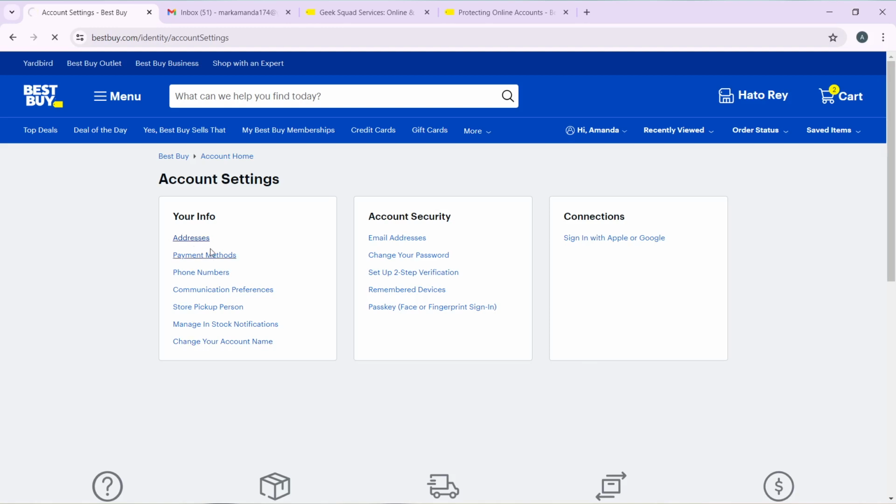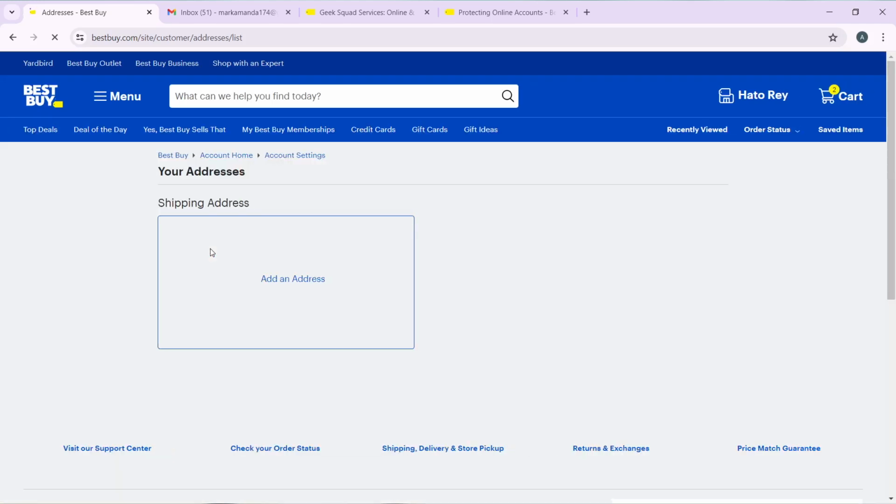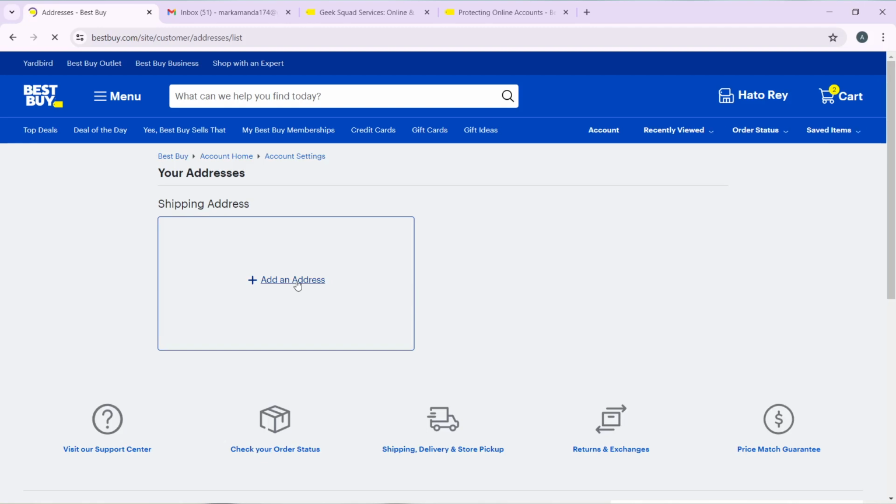Once you click on addresses, it's going to take you to another window. So here you can now change your shipping information. So over here where you have add an address, if you already have a shipping address available, you're going to find the edit option close to your shipping address and click on that to edit your shipping information. If you just want to change it automatically, you can click on this add an address button, and